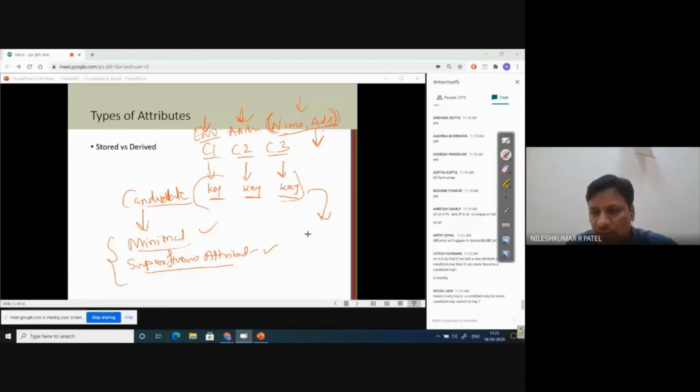So जैसे इलेक्शन होते हैं, so candidates होते हैं and उनमें से एक ही जीतता है. So similarly, out of these three candidates, only one will be designated as the primary key, right? And that will become the key actually. So this is the concept of candidate key and primary key.